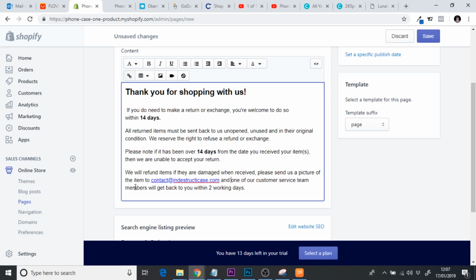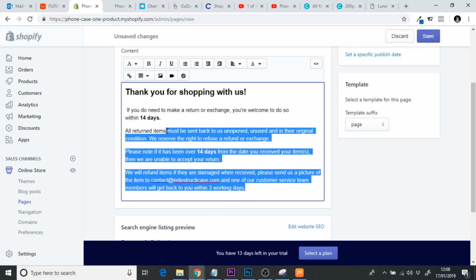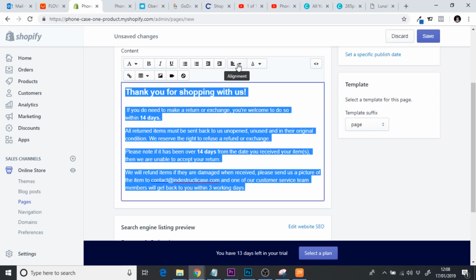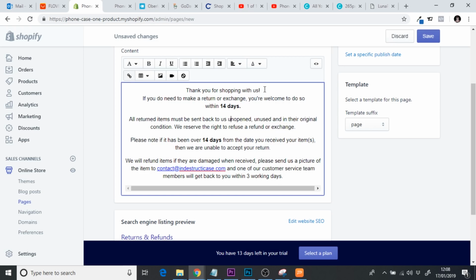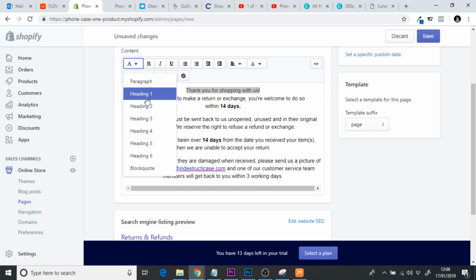And one of our customer service team members will get back to you within 2 working days. Adjust this to however quickly you think that you can get back to your customer. You can do 3, you can do 4, but just make it clear how long they are going to wait until they receive a reply regarding their refund or their return. So I just highlight this and I make it center align, because that's what I like. When you do that, sometimes the formatting changes, so you might have to highlight this again and just make it